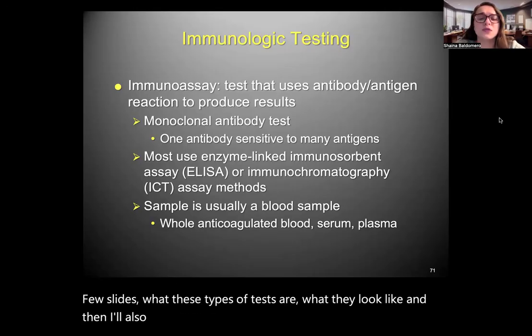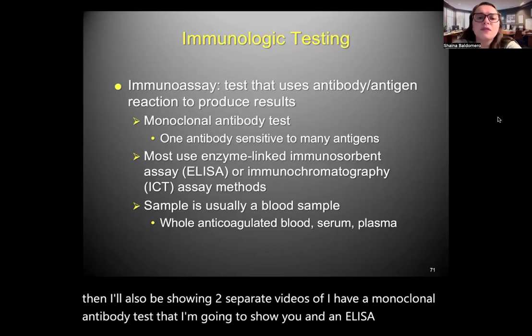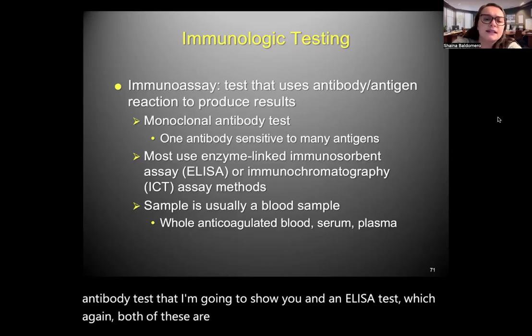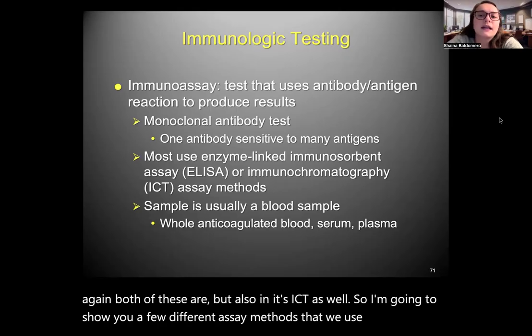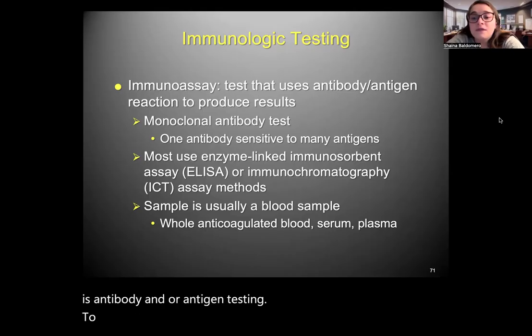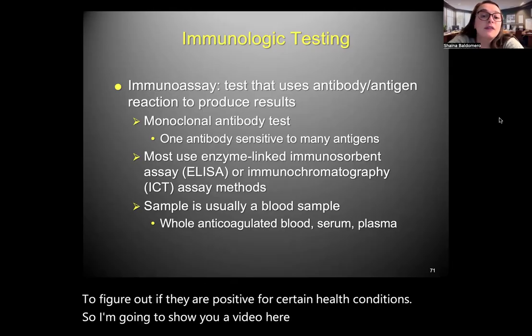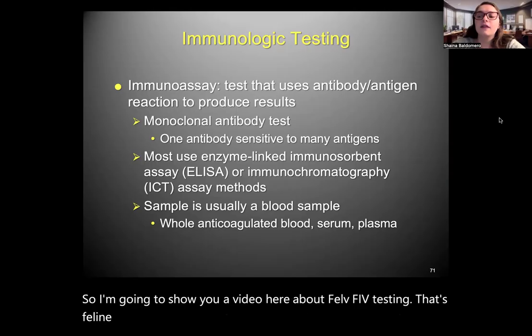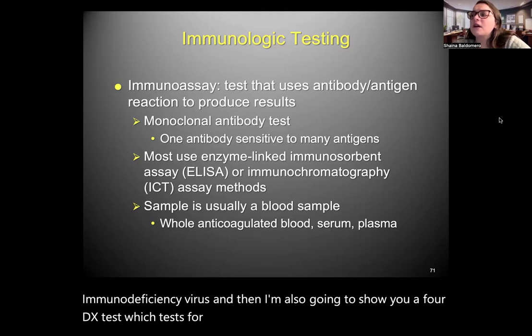and then I'll also be showing two separate videos. I have a monoclonal antibody test that I'm going to show you and an ELISA test, which are both also ICT. So I'm going to show you a few different assay methods that we use for antibody and/or antigen testing, to figure out if patients are positive for certain health conditions. I'm going to show you a video here about FeLV, FIV testing. That's feline leukemia and feline immunodeficiency virus. And then I'm also going to show you a 4DX test, which tests for certain types of internal